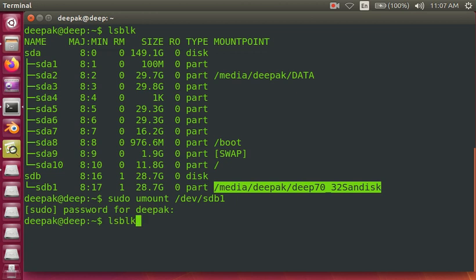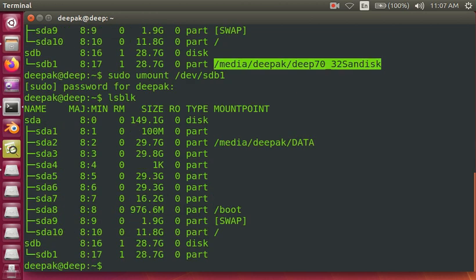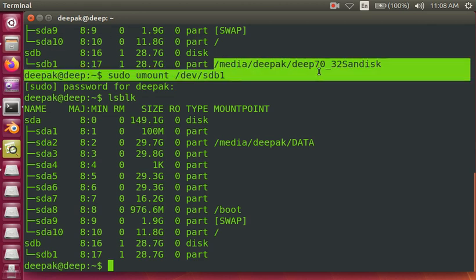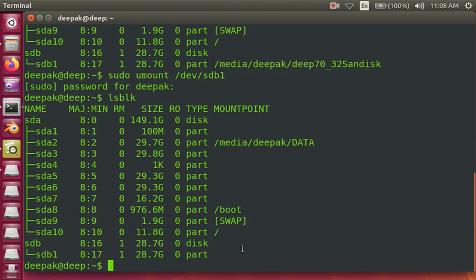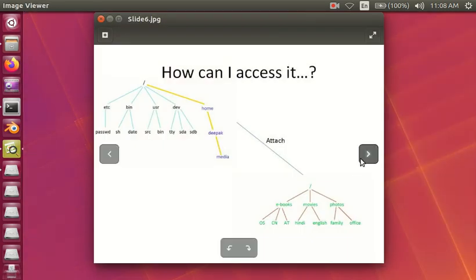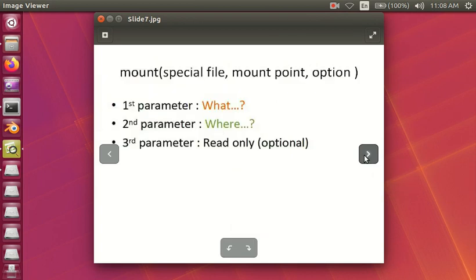And now if I give this command again, lsblk, see, you can observe that yes, physically it is available, but I can't access it because the mount point is not there. You can see the change. Previously the mount point was /media/Deepak somewhere, and here the mount point is not there. So what we understood from this is, in order to attach this logically, we have to use this command called